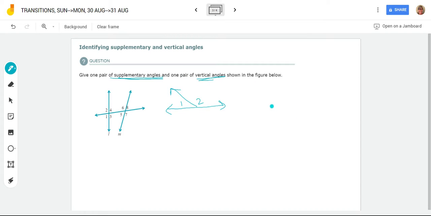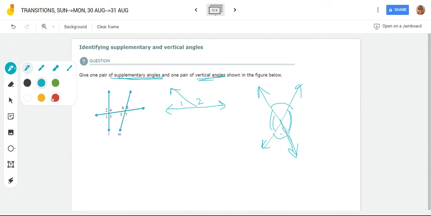Vertical angles, I think of them as that they make a V. I mean, you could argue that all angles make some sort of V, but vertical angles are these angles and these angles. When two lines intersect, the opposite angles. So if you're going to name two vertical angles or supplementary angles, one pair of supplementary angles would be